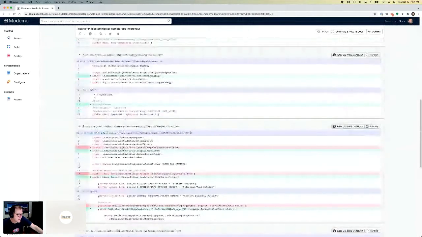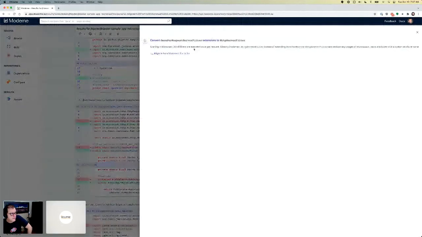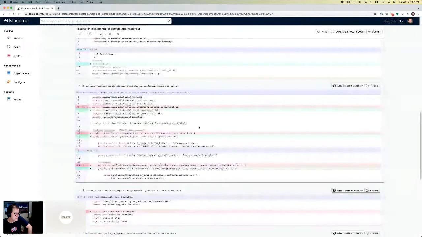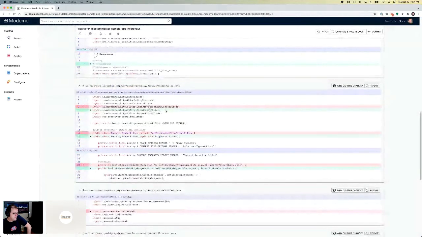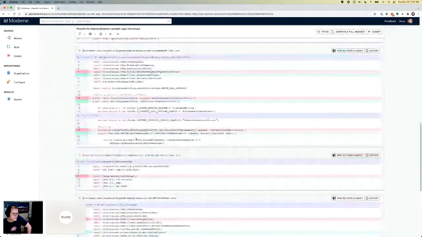Here's one that's a little more complicated. You can see it's made a change here to once per filter. What the heck does this mean? Okay, executed once per request, directly implemented instead of extending. So what does that mean? You can see here it changed the import. It's using this HTTP server filter now. You can also see that it went from an extends to an implement that filter, and it changed this to a protected method instead of public. Okay, cool, neat.